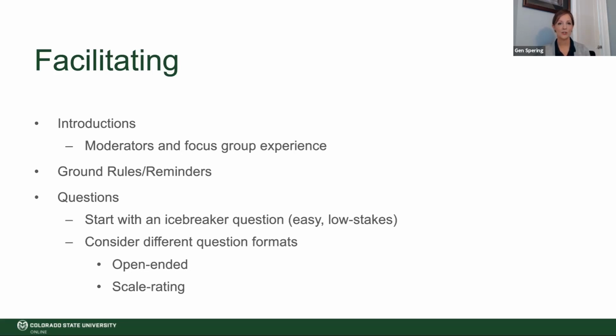But there are some fun ways that you can actually mix close-ended questions and open-ended questions to keep things interesting for everybody. One fun technique that we use is having participants use a 5-finger scale rating. And so this could look like something where we ask on a scale of 1 to 5, where 1 is, let's say, least satisfied, 5 is the most satisfied. How satisfied are you when it comes to the lecture format in your courses, or your experience with the application process? And then everyone will hold up their ranking.